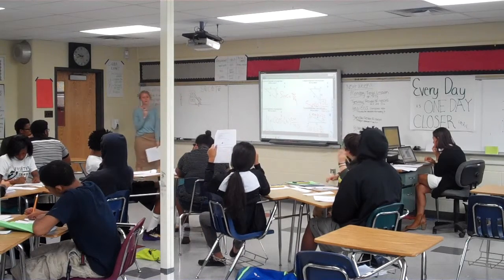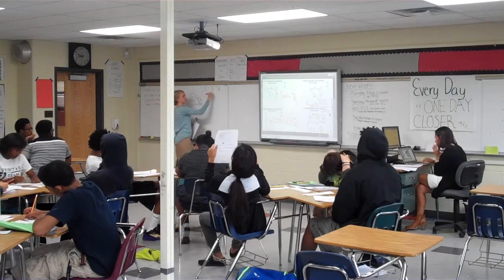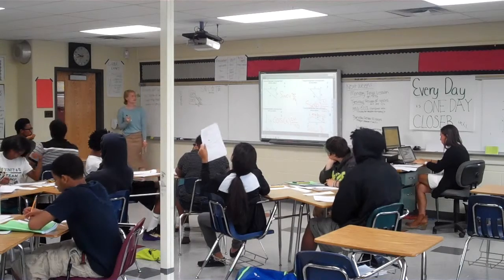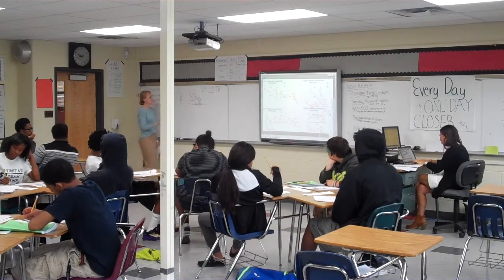Which trig ratio are we going to use? Cosine. Sweet. We're going to use our cosine, right? That's exactly what we're going to use, because we've got our adjacent side and we've got our hypotenuse, right? So,